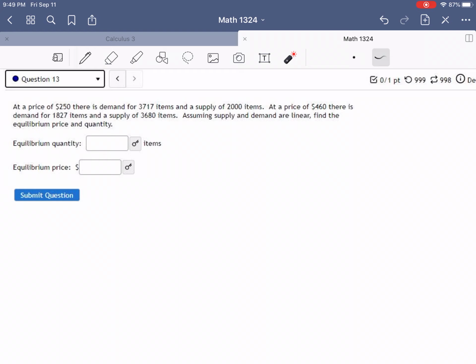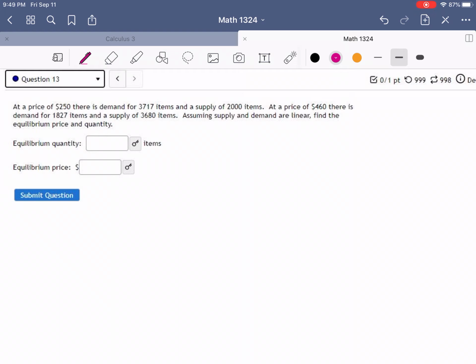At the start of the problem, it lists that you have a price of $2.50 for a demand of 3717 items and a supply of 2000 items. So one price gives two different types of quantities. In the second sentence, a second price gives rise to two different quantities as well. What that means is that you are going to have